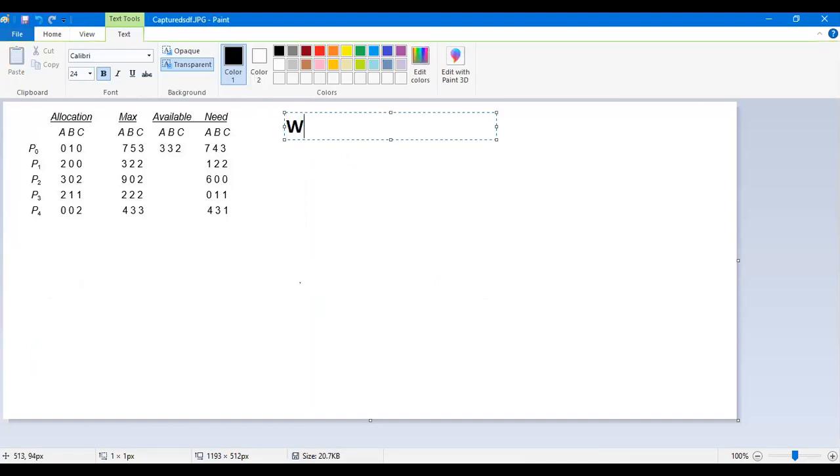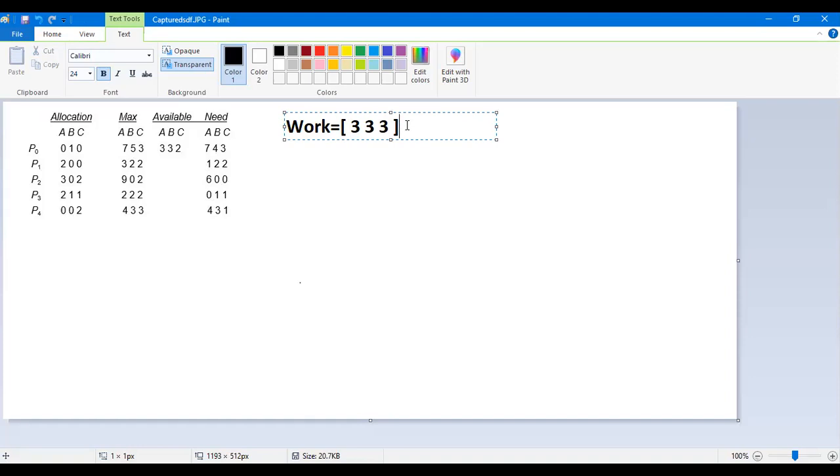First take the work. Work will be your available. Available means I am directly representing 3, 3, 2. This will be your work matrix.